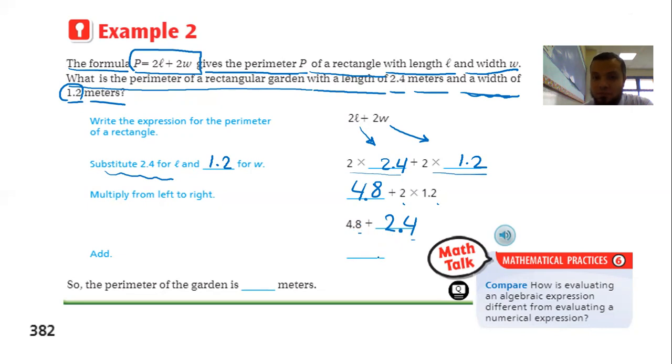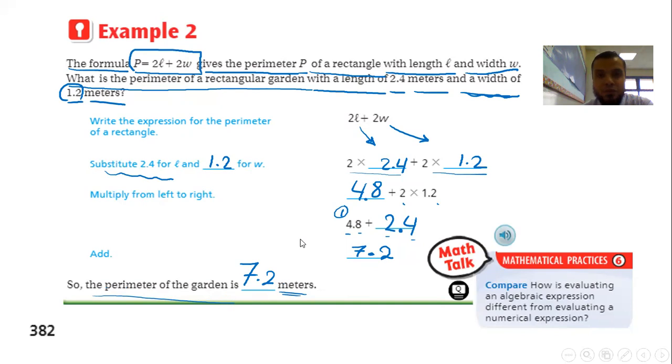8 plus 4, 12. 2 and we carry up 1. So we have 5. 5 plus 2 equals 7. The decimal point goes between them here. So the answer is 7.2 meters. The perimeter of the garden is 7.2 meters. I think you understood how you can evaluate